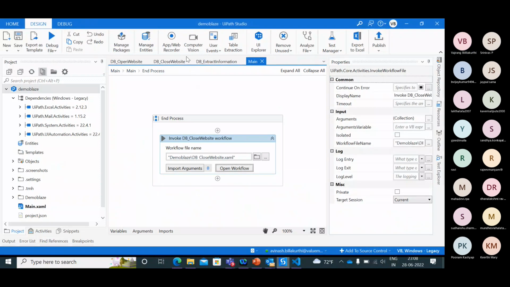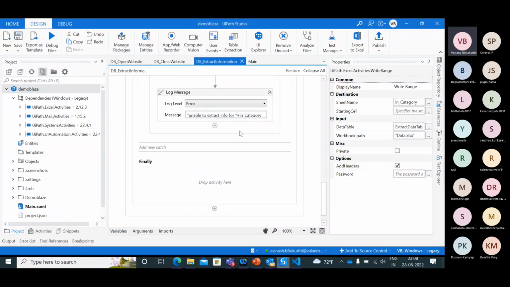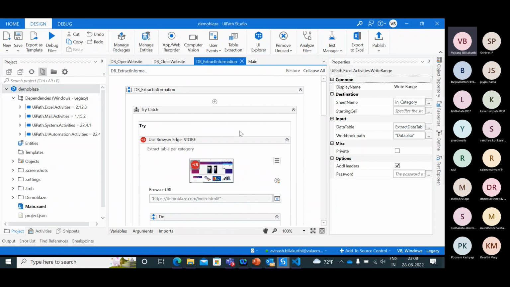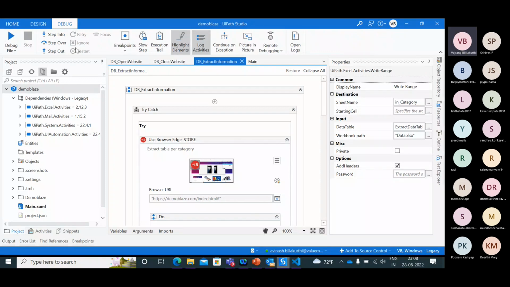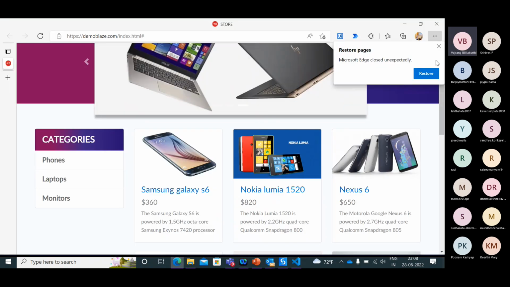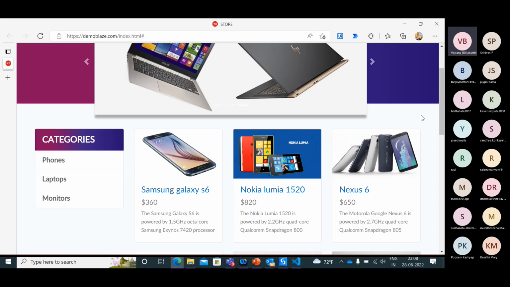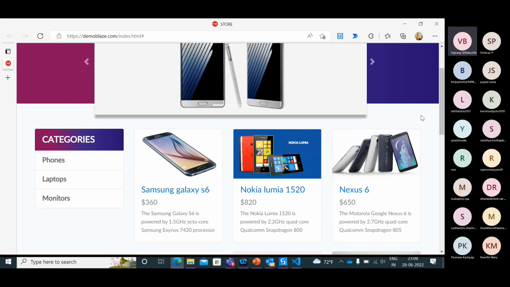Stop. So when I'm creating something like this, the best thing I can do is open this one and debug it so that I can see what's happening. Debug file. I need not open everything from the beginning again. That's not required. I can just go ahead and debug the flow.